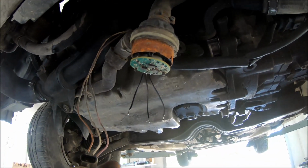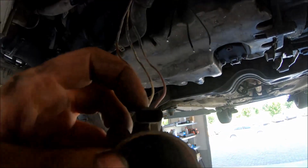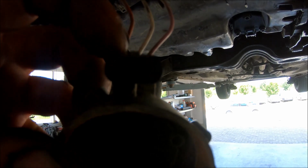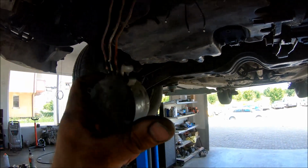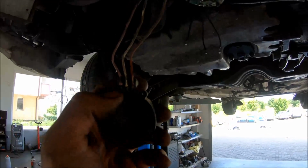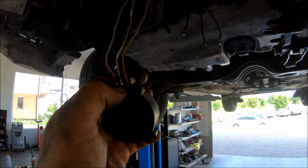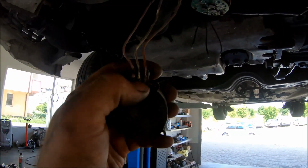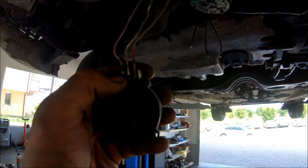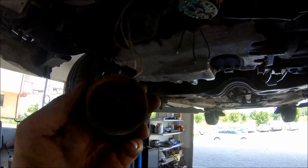This pump has been repaired 2 times before. The first time, the center pin was damaged here on the connector. So then I used an angle grinder and ground the plastic, and I connected the wires like this. After that,